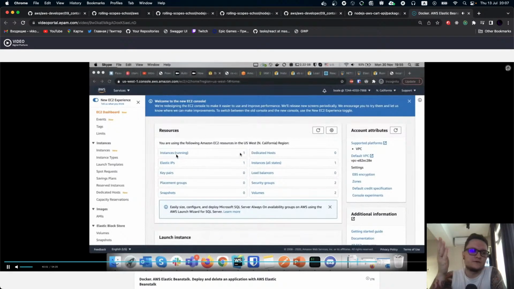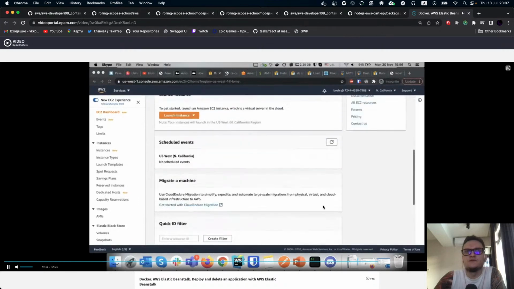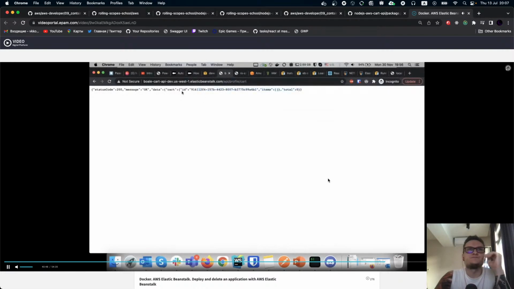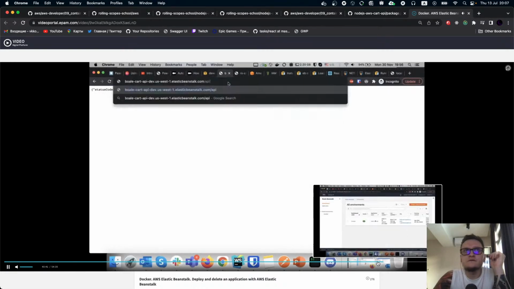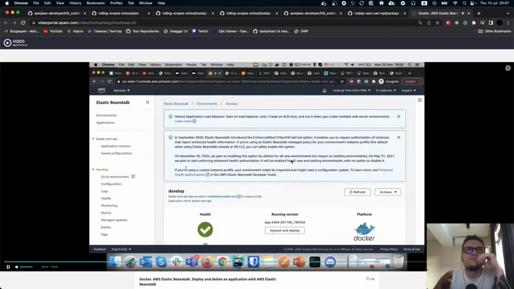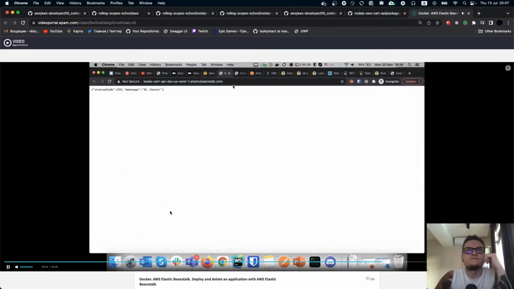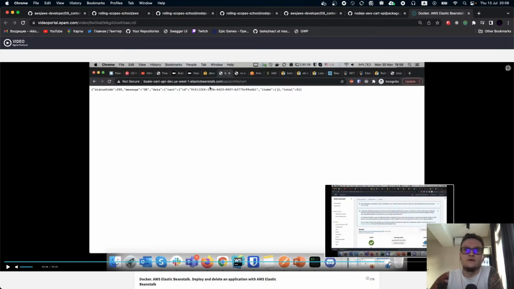So here you can see all the stuff which Elastic Beanstalk has inside. We talked about it: multiple instances, load balancing. You can run them here also. You can also change the settings of your stuff. Give me a second, I'll skip this one. And right now, as you can see, everything is done, we can go to our endpoints and get our data for our application.